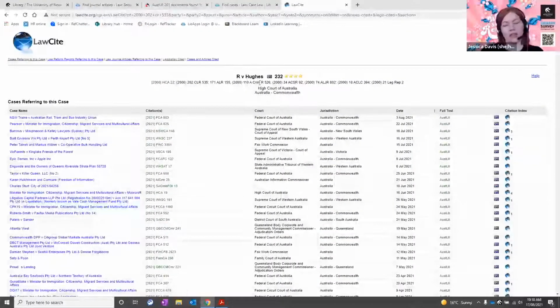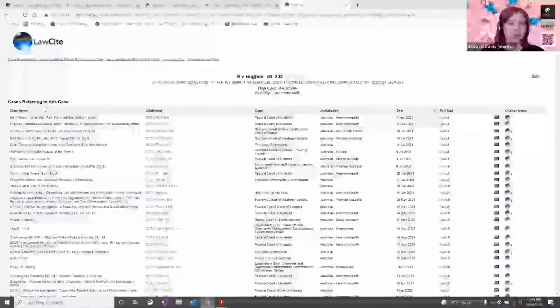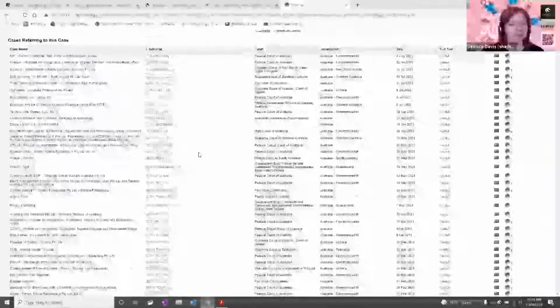You can see that the case has popped up. Underneath it has what I was referring to before, parallel citations. It's been published in quite a few different law report series. You can also tell from the amount of cases referring to this case that it is quite an important case.